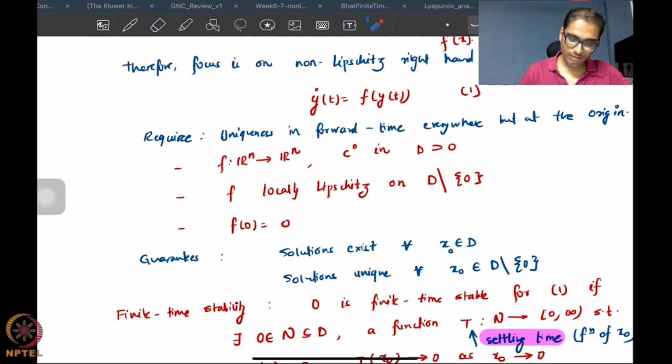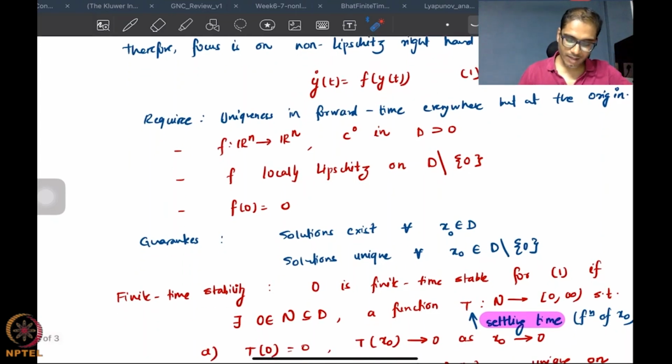So it's of the form y dot equals f of y, and on top of that we have that f is continuous in the entire domain containing the origin. f is locally Lipschitz in the domain but excluding the origin itself, and f(0) is 0. This is simply the standard assumption that is required to ensure that 0 is the equilibrium of the system, right? Now